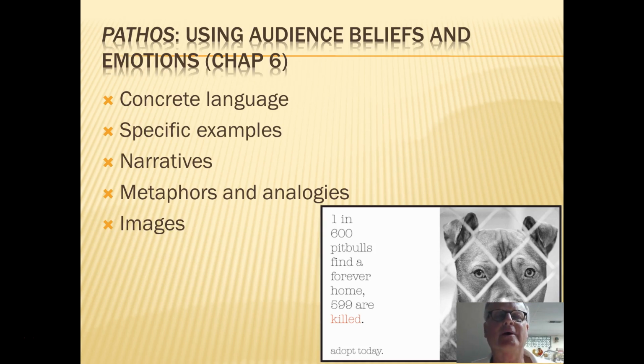Pathos is including audience beliefs and values in the source's thinking, and making sure that the argument is one that audiences will like to read. And it's not just appealing to emotions necessarily, but it's rather appealing to them in specific kinds of ways. Here we have an example of one.